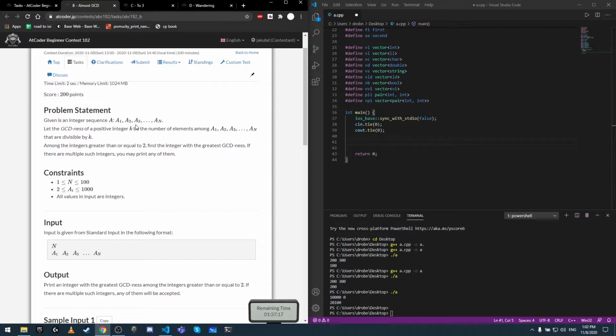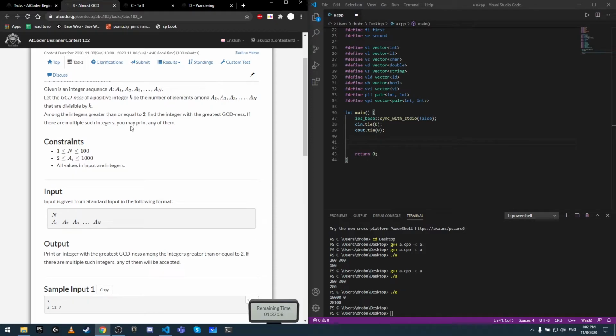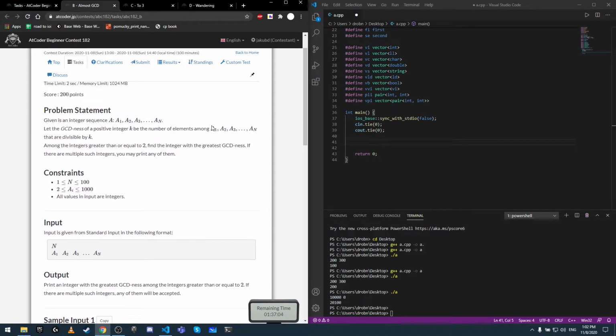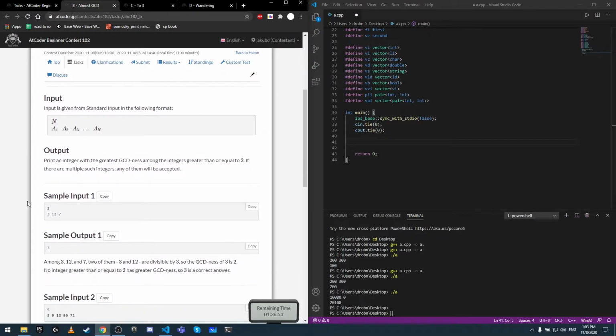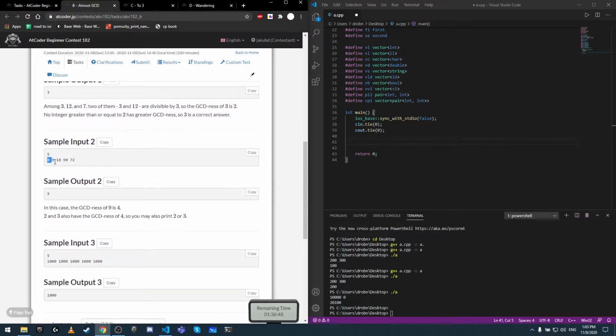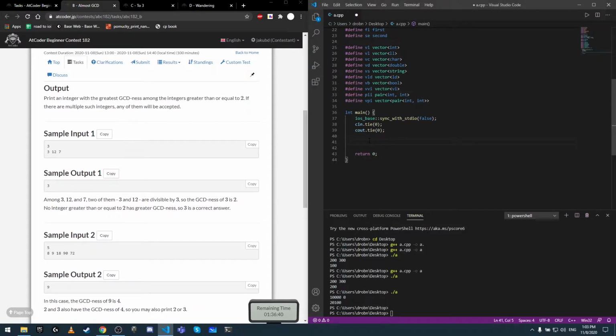Then the activity will be okay. Find the integer with the greatest GCDs if there are multiple. Okay, so basically what that means is that you have to find all divisors of n greater than or equal to 1, and then the biggest one, print k. Right. Here it's like yep. Okay, so